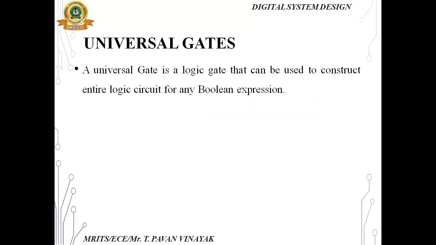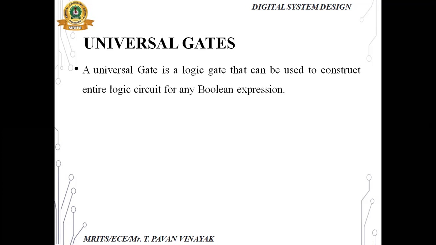So, yesterday you learned about circuits, circuit Boolean expression, circuit realization. In that, you considered AND, OR, NOT. You take at least two gates or basic gates, three. Using only AND, you can't implement a Boolean expression. Using only OR, you can't implement. So a combination of AND, OR and NOT, we can implement a Boolean expression. We require a minimum of three gates. But with a universal gate, using a single gate, we can design an entire Boolean expression.